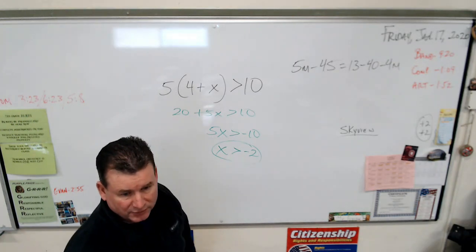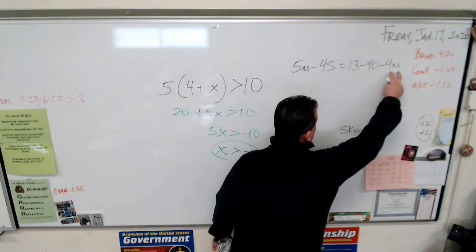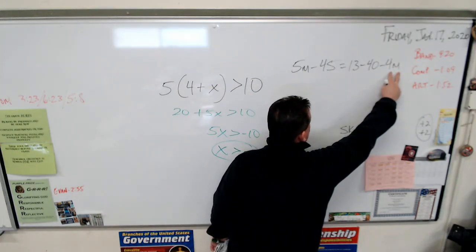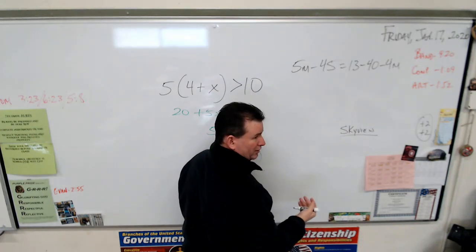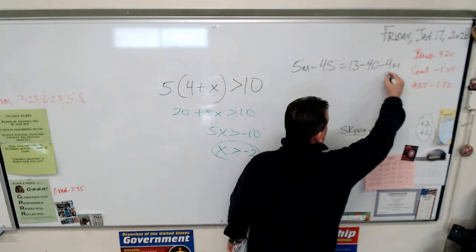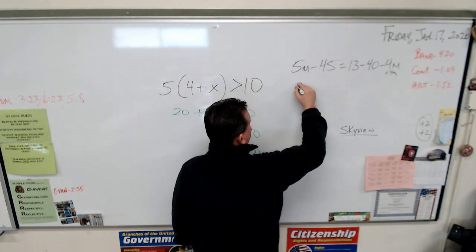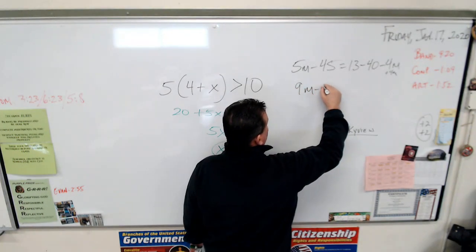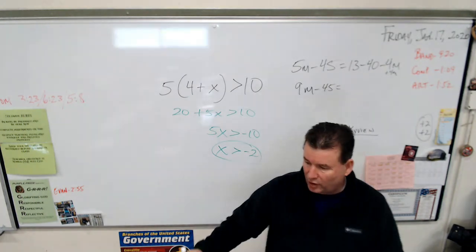Can you do number 13 after this? So I've got negative 4m over here. Do you want to put your m's on the right or the left? Me too, because that's going to make it positive. I have a positive here, and I'm going to add 4m to get rid of it. These are gone now, right? Positive and negative. So I've got 9m minus 45 equals